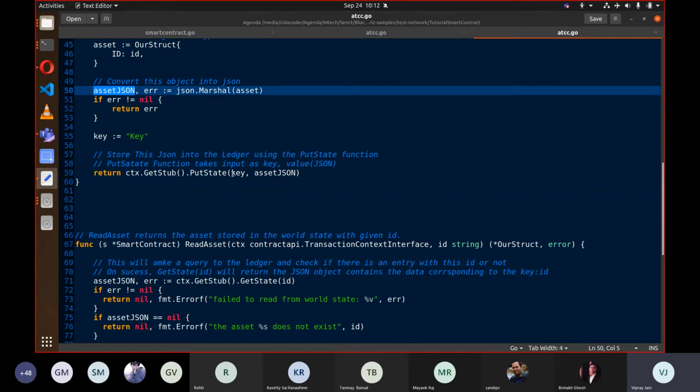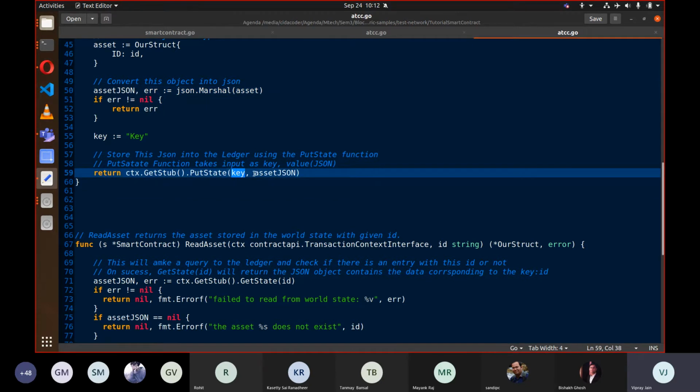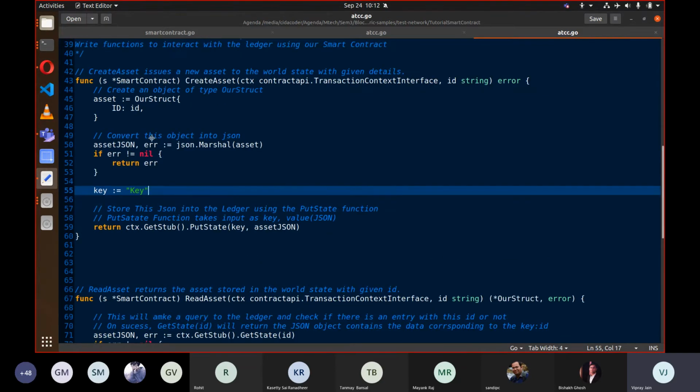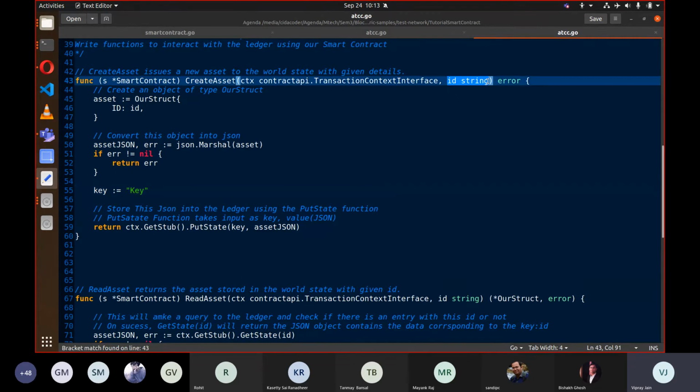As I told you, we need a key-value pair. For simplicity, I have fixed the key. In this case, you can generate the key. You can either take an attribute from the user which is always unique, or you can create a key with the help of a hash, meaning whatever data you are getting, you concatenate it and get a hash of it, and then create that as a key.